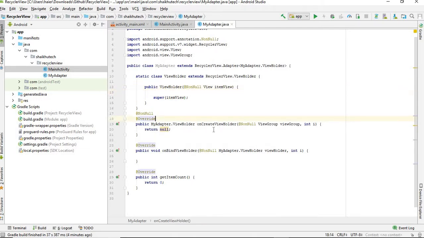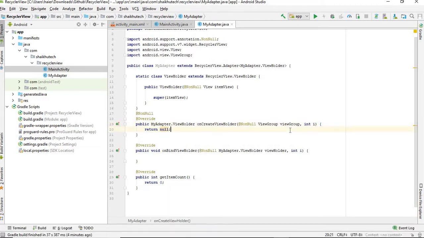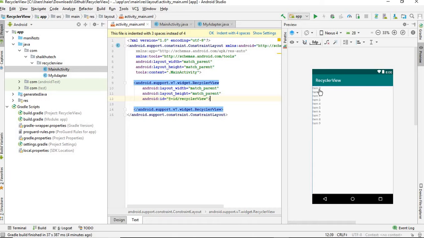So what are these methods and why are these being used? First of all, when it creates the recycler view, this method onCreateViewHolder is called. For that we need to have a list item so that we can show that list item right here. For example, if we want to have a custom list item, the list item recycler view used just has one text inside it, and if you want to have something like